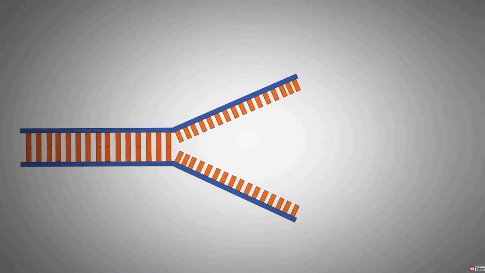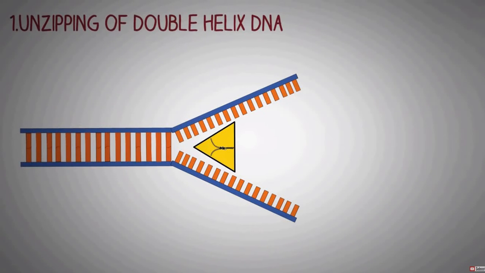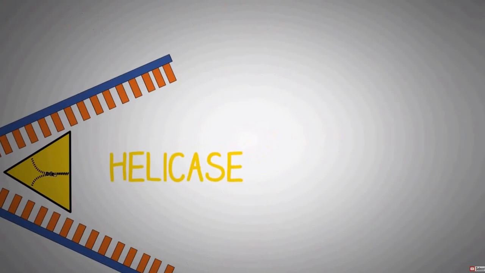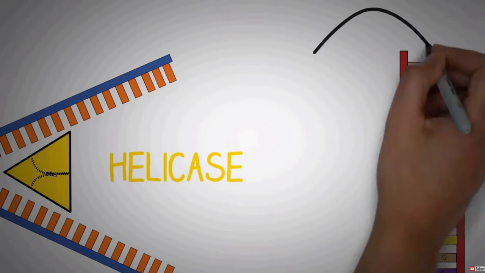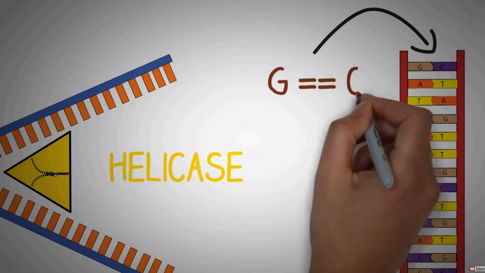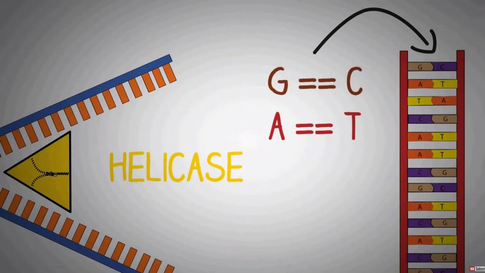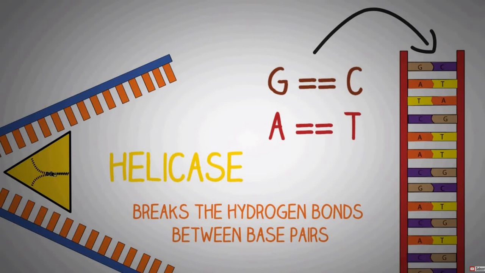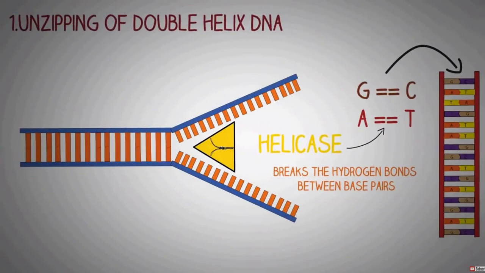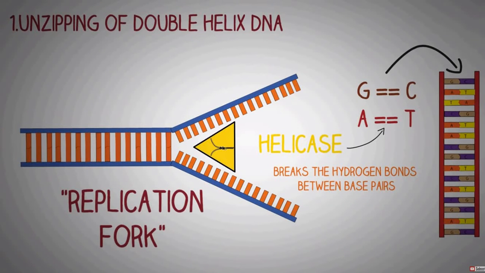Now for the process of DNA replication to begin, it is important for the two strands of the DNA to open up. This job is done by the enzyme helicase, which is also known as the unzipping enzyme. The enzyme helicase performs this function by acting on the hydrogen bonds which are present between the base pairs of the opposite DNA strands. The helicase breaks these hydrogen bonds, due to which the double helix opens up, leading to the creation of the structure known as the replication fork. This exposes a sequence of DNA base pairs upon which many enzymes will subsequently act.